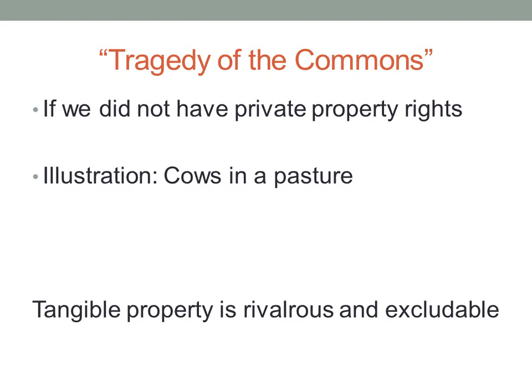While one person is driving a car, no one else can drive it at the same time, right? We can agree to that. Therefore, these products are called rivalrous and excludable. And before I forget, the book that I'm using for this course has supplemental material for you to review. We haven't delved into copyright yet, but it does talk about this concept in the introduction to copyright, so I'm not going to revisit it. If you want to review this section a little more, you can find it in that area. So tangible property: rivalrous and excludable.